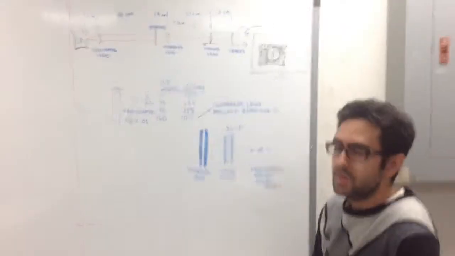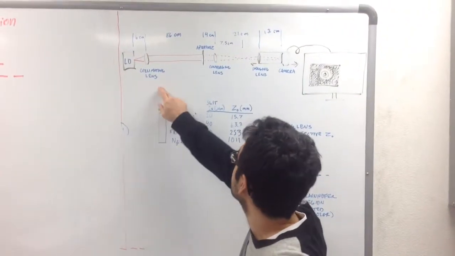Hi, this is Lab 11 on diffraction. I'm Oliver. I'm David. Alright, our setup consisted of a laser, a collimating lens, an aperture, and we imaged it